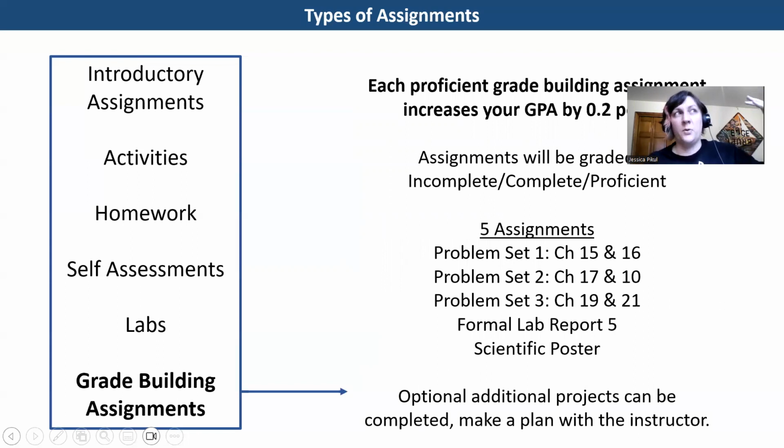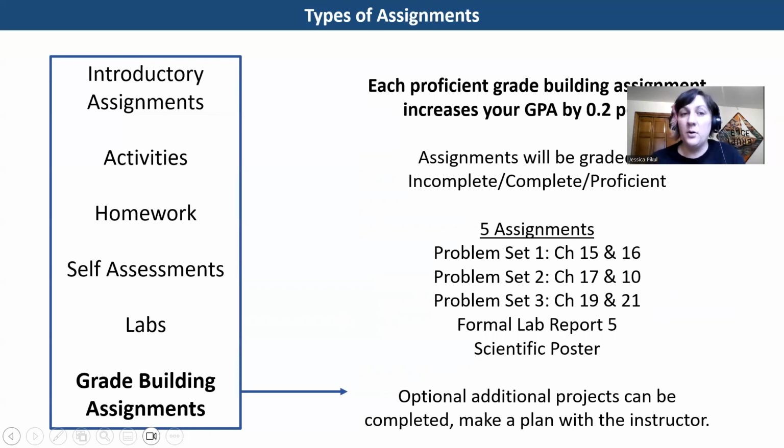Everything I've talked about before is like what I think of as core work to the class. If you do all of that work, you'll get a 3.0, which is like a solid B. Great. But some of you are going to want a higher grade than that. And so I have assignments that build your grade up from that 3.0 that we're assuming everybody has from day one. And so these are going to be the problems that we have every 3 weeks or every third week,